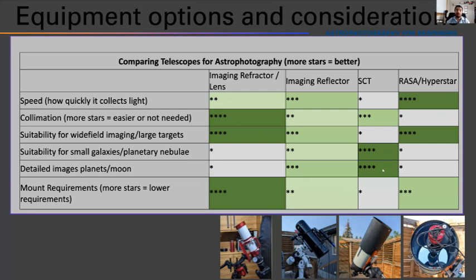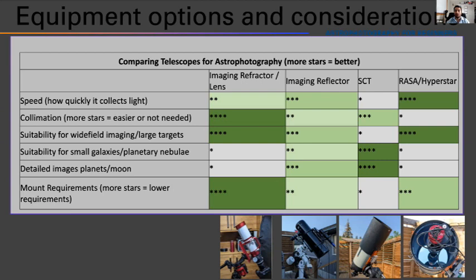Schmidt-Cassegrains, again, are very, very good for imaging the planets or the moon. And they can give you very, very good detail even without a Barlow, but you can always put in a 2 or 3 times Barlow to really get in there and zoom in and to get that fine detail in the lunar craters or on Jupiter. So they are the instrument of choice for most serious and advanced planetary imagers.